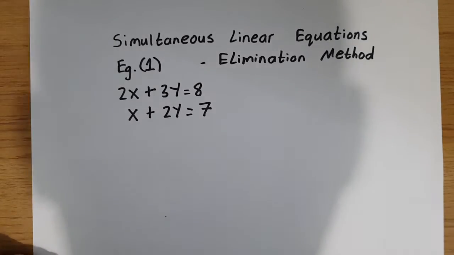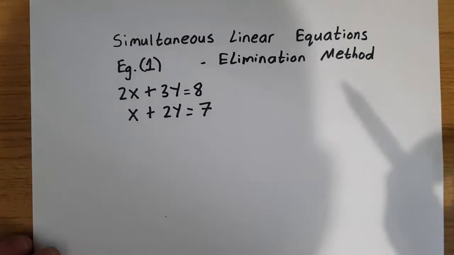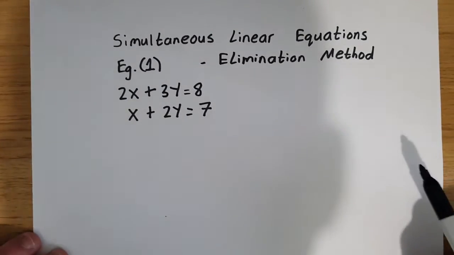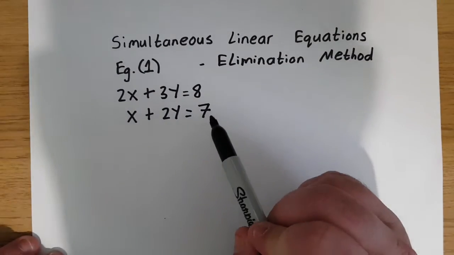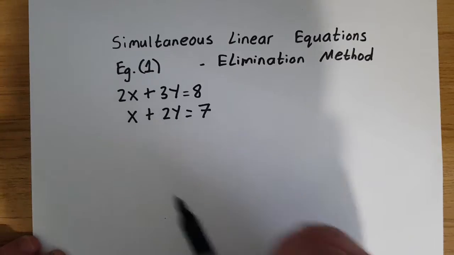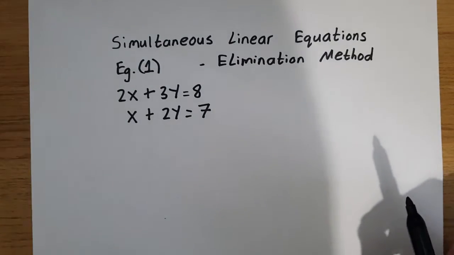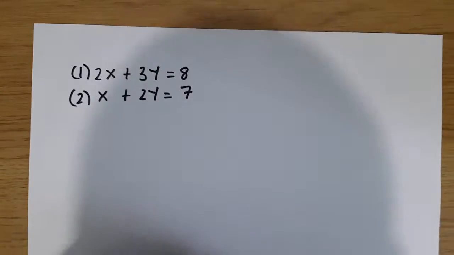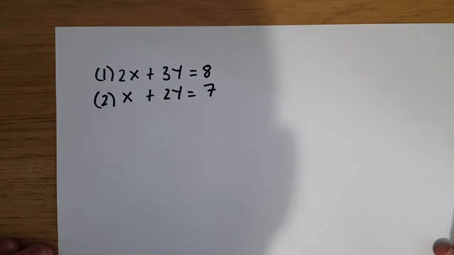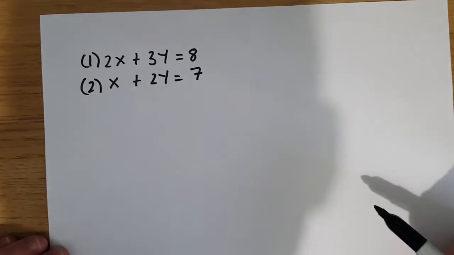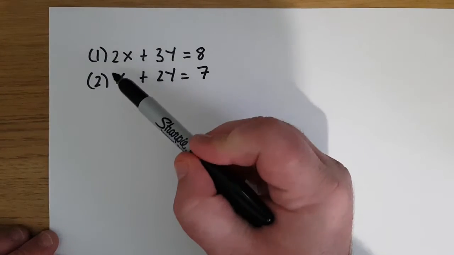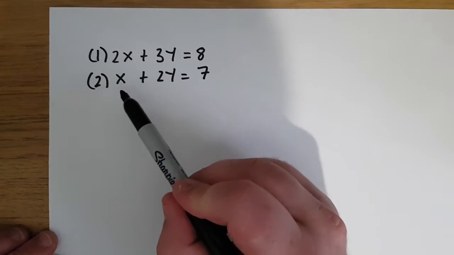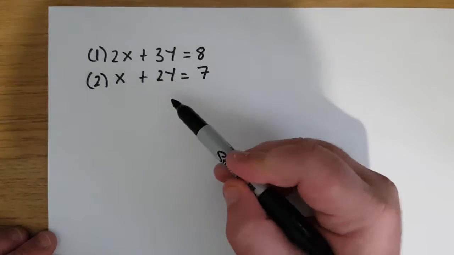So today we're going to look at simultaneous linear equations, and in particular using the elimination method. So example 1, we have 2x plus 3y equals 8, and the second equation is x plus 2y equals 7. So what we do is we write out both equations, and using the elimination method we want to eliminate either x or y. By adding equations 1 and 2 together, we want to cancel out x or cancel out y,